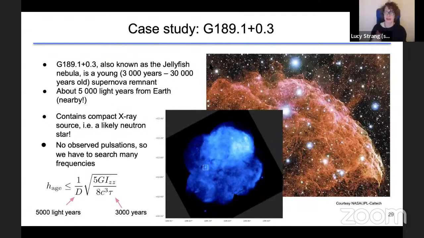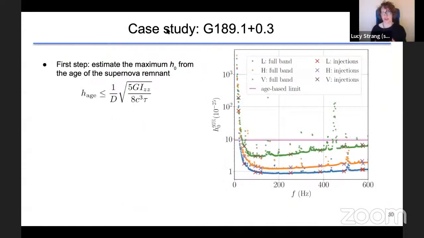But if we go on to the next slide, we can start talking about setting some limits and constraining some interesting properties. So again, we have that formula. And if we tap next slide, we should see a little pink arrow popping up, pointing out where this appears on the formula on the right. In this figure on the right, we have the frequency on the horizontal axis. And for this particular target, we were lucky enough to be able to constrain our target space from just about 10 hertz to 600 hertz. So we didn't have to do the full 2000.